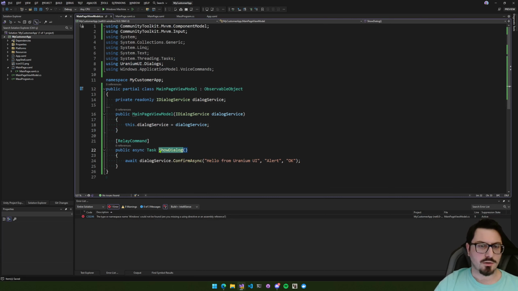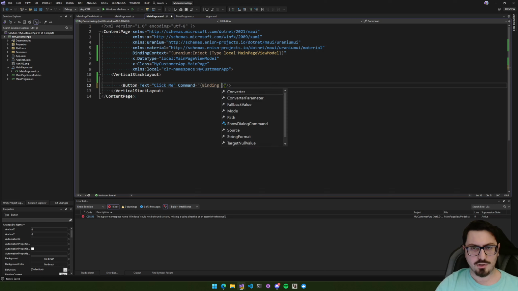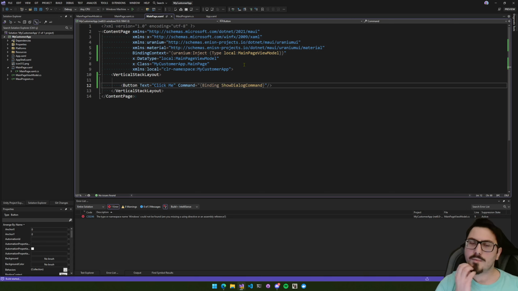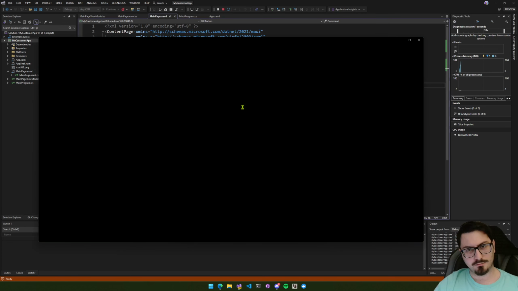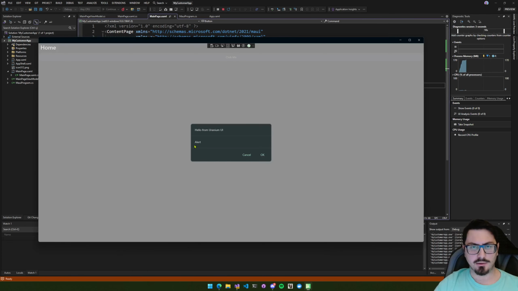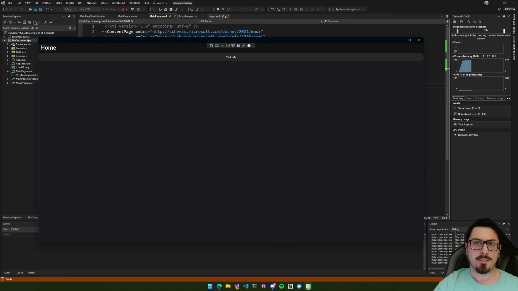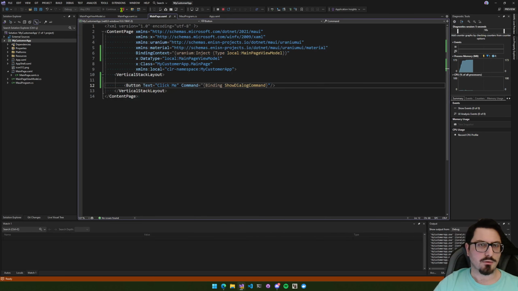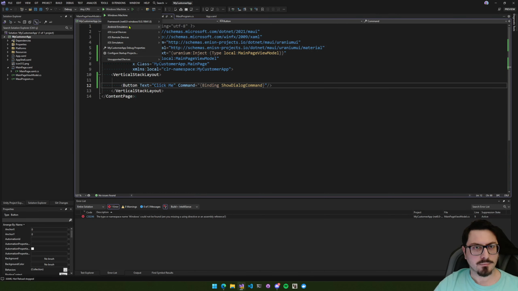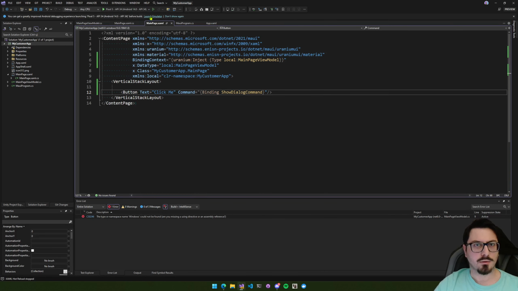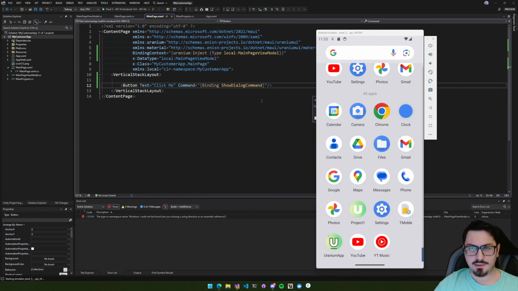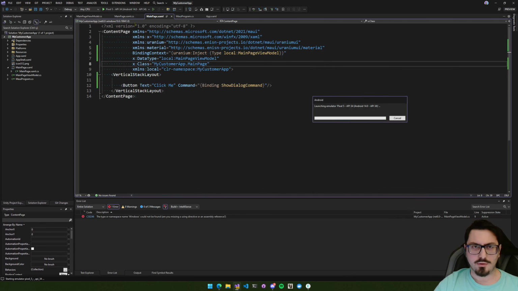Now it generates ShowDialogCommand for me. Go back to the main page. And you can see ShowDialogCommand. When I click that button, you can see the alert comes here. Also, let's run it on Android too, in the mobile application. Okay, let's wait until it's launching. We can continue